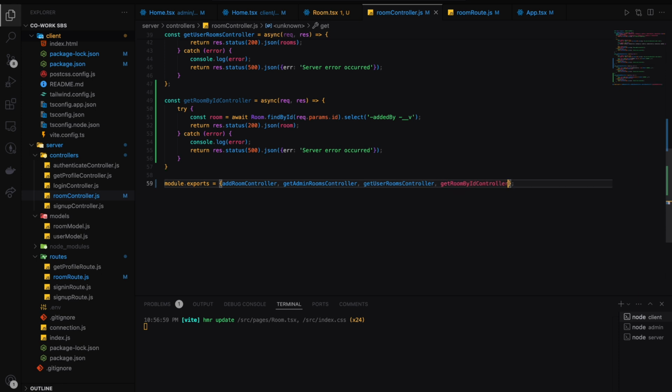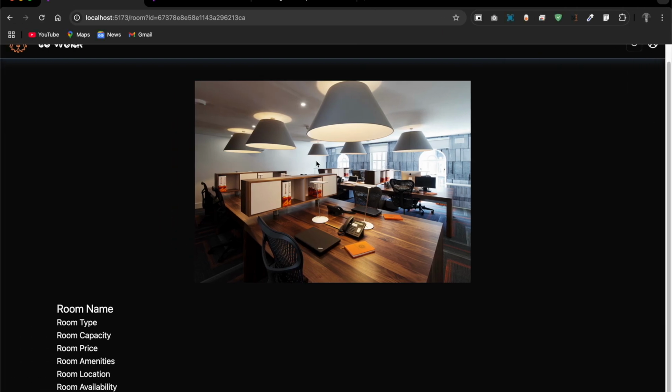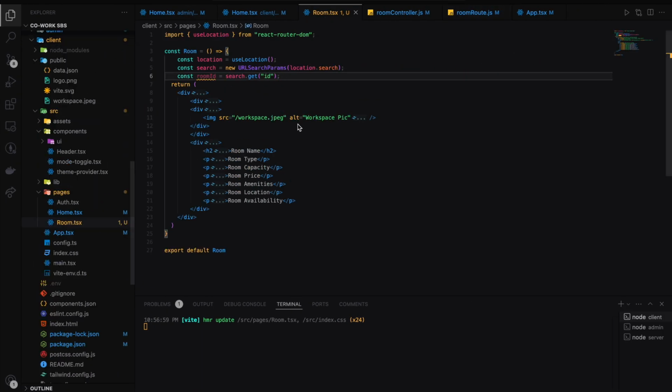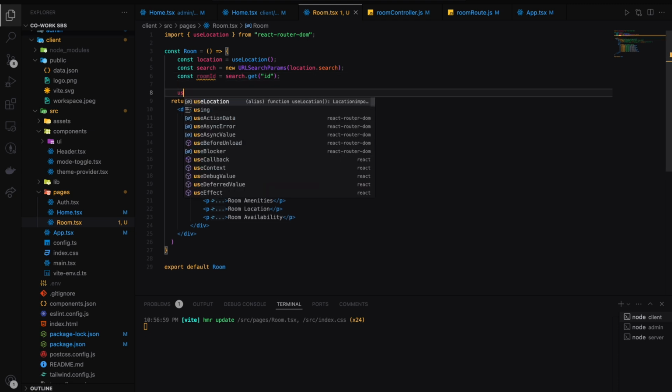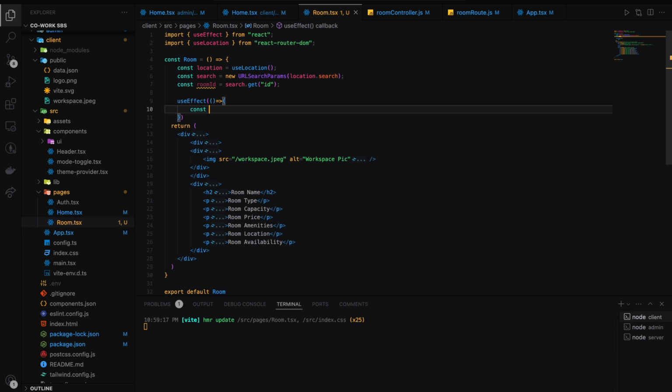So let's export getRoomByIdController, and here just import it. Yes, and we are using get-room/:id and not rooms. Okay, that's fine. And in the room.tsx, let's create a useEffect, and here const